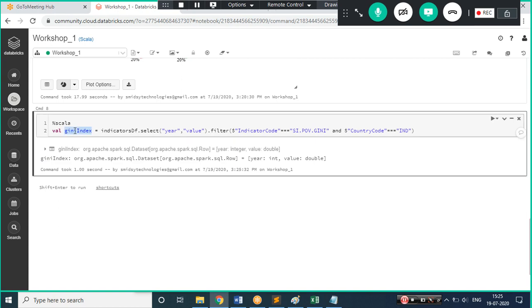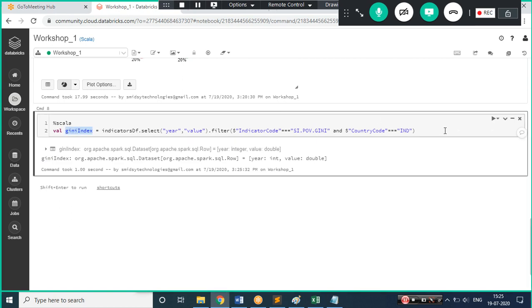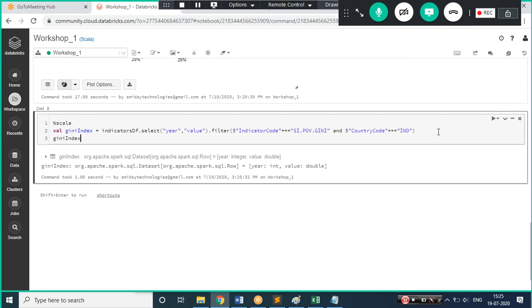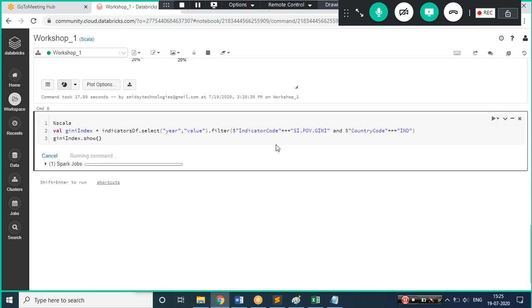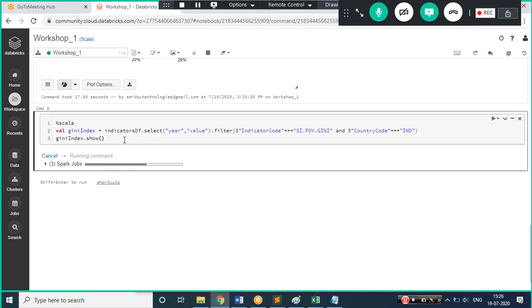If you hover, this is nothing but my data frame. Now let me see the result. I will just see some 5 records, or let's see all the records. Let me apply some action on it. The Spark job action is getting executed on the transformation, because Spark is lazy evaluation. It does not show you the result until the action is called. So I'm trying to apply an action.